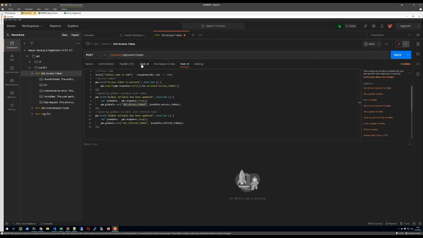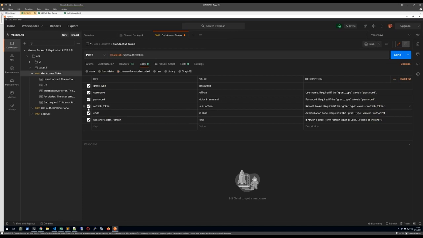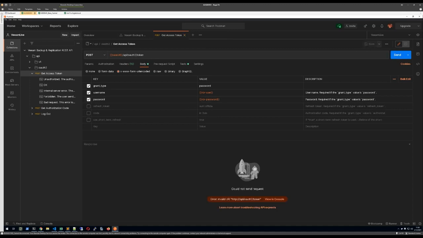I'm going to modify up here. We can remove refresh token, we can remove code, we can remove grant type. So our grant type is password. We're just going to change these to our variables that we have. VBR user, VBR password. And at this point, I should be able to save, I should be able to send, and